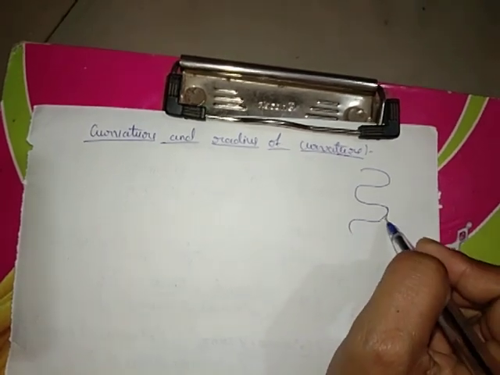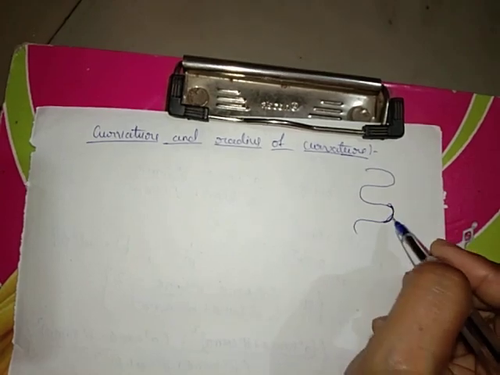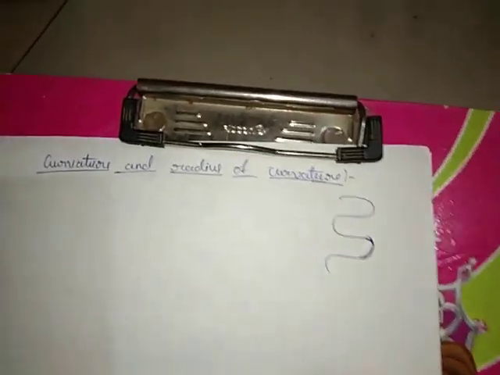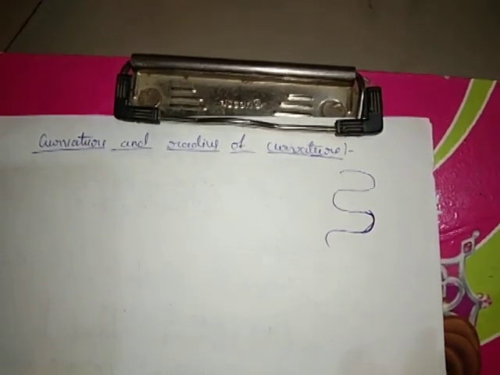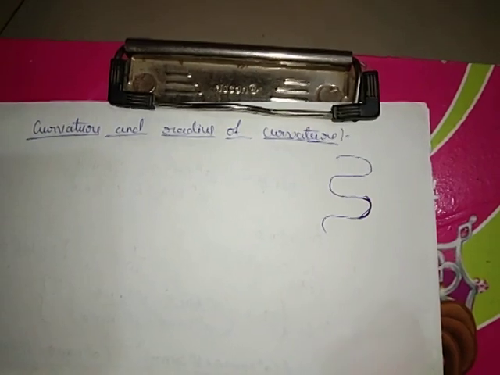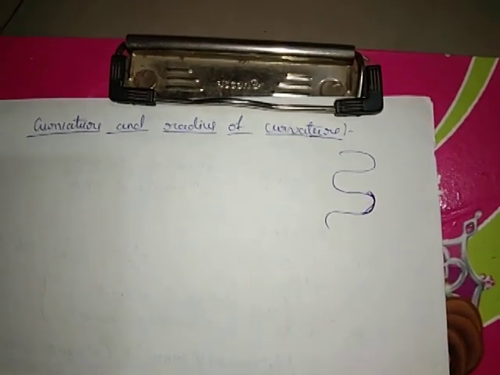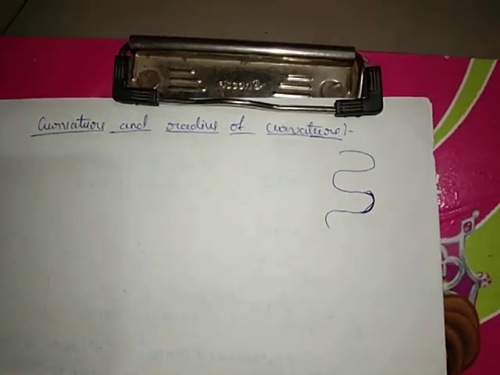Correct? This is called a curve. This will be called a curving or curve. So the topic is the same. This is nothing but our curvature at various points. But we are discussing that same topic in a mathematical way here. Clear? This is nothing but your curvature. So that we see in the mathematical way.